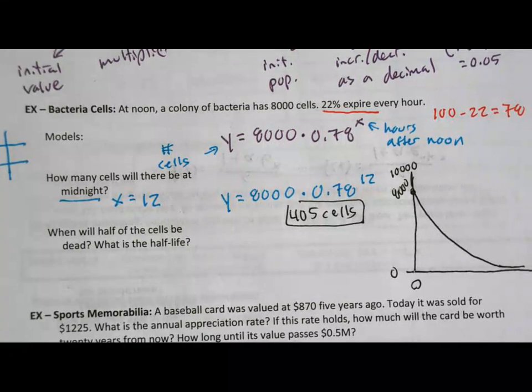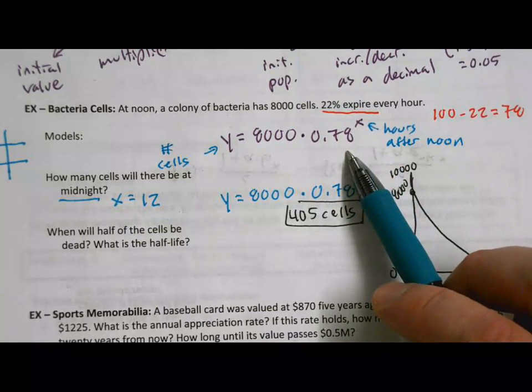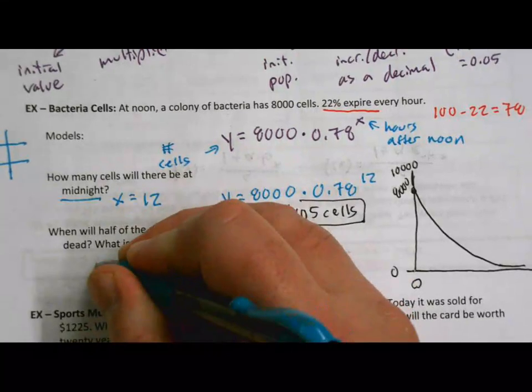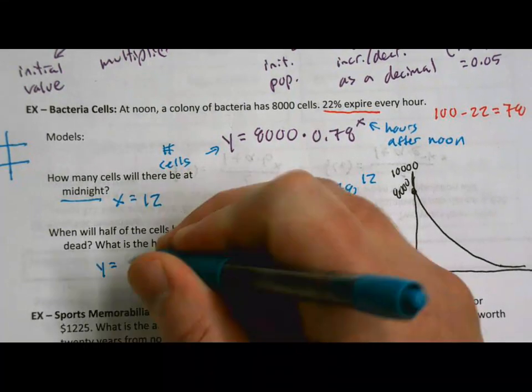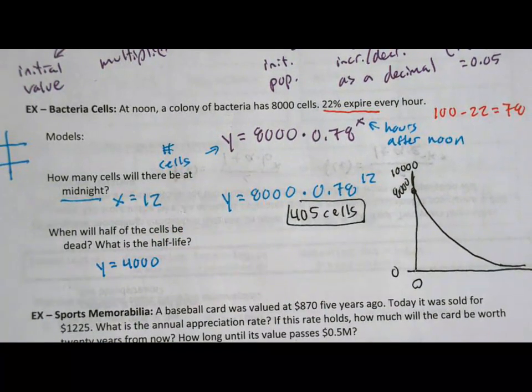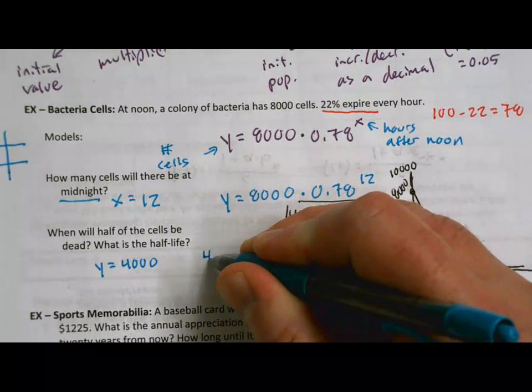So we need to solve an equation. So here was my model. This time they're giving me a value not for x but for y. What is the special y value that they're hinting at when they say half-life or half of them are dead? 4,000. So we need to now solve this equation, but we're putting 4,000 in for y this time